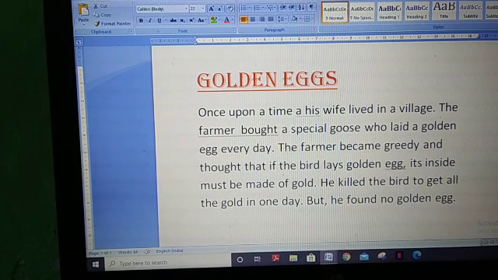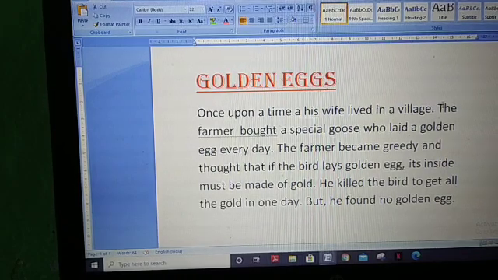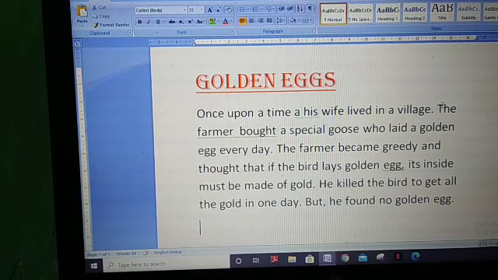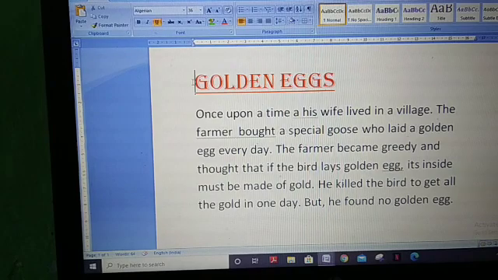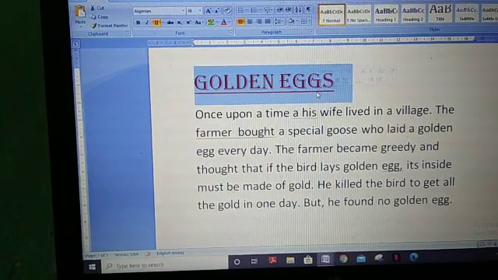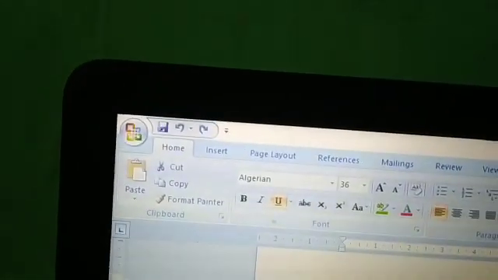I am going to move it from top to bottom. In the last command we made a duplicate. Now we are going to move this text from top to bottom. Select it. Done. Now which command do you have to click? Yes, good. Cut command.